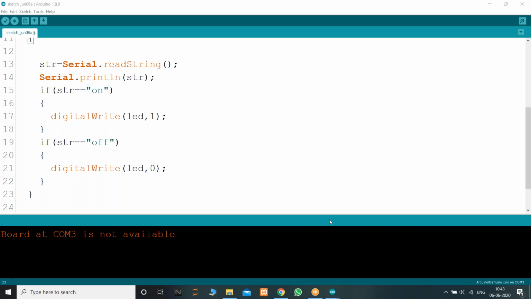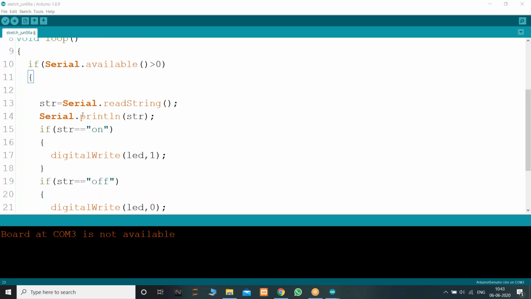This is the way you can control devices by using the instructions from the serial monitor. Initially we need to read the data and compare the data that we are getting. These instructions may be passed through a cloud, or voice commands, or virtual commands also.